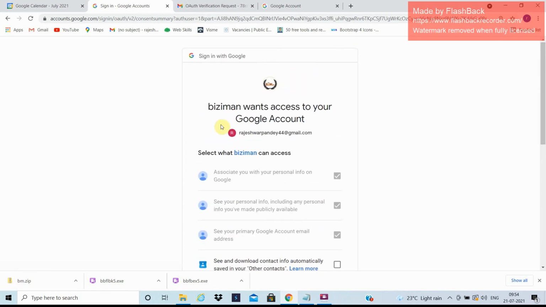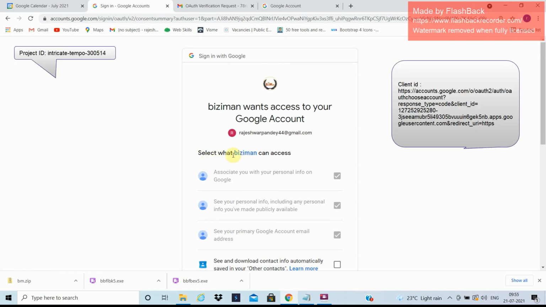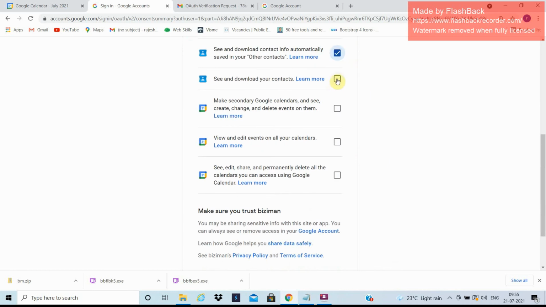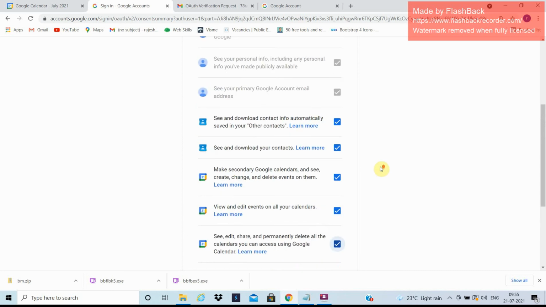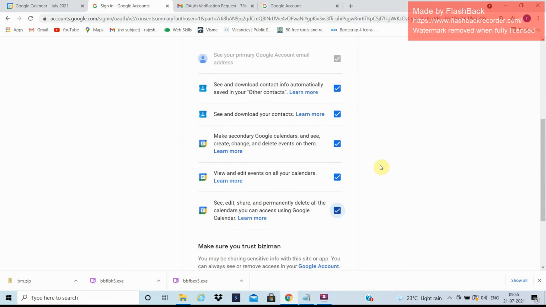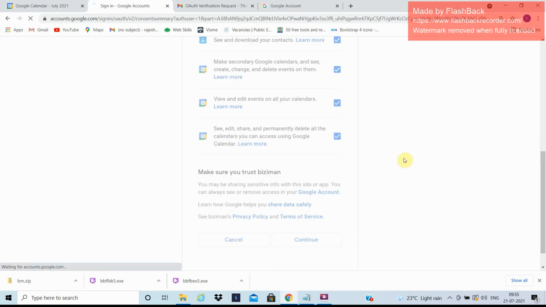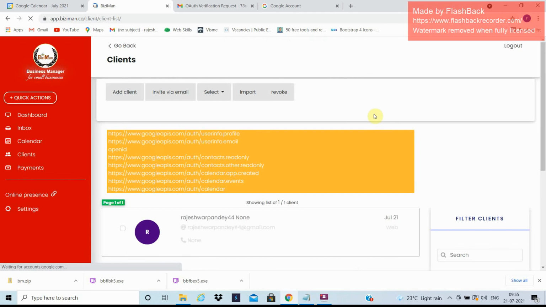Then I'm served the page: BiziMan wants access to your Google account. This is the account, and this is the logo. This is the name of the app, and what they can access, and since I am going to give permission to all the permissions which are listed over here, and then this says make sure you trust BiziMan, and the privacy policy and the terms. After I click on continue, the permissions are granted by Google and the app is directed back to the page